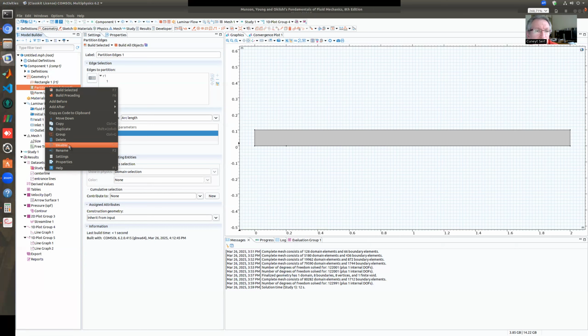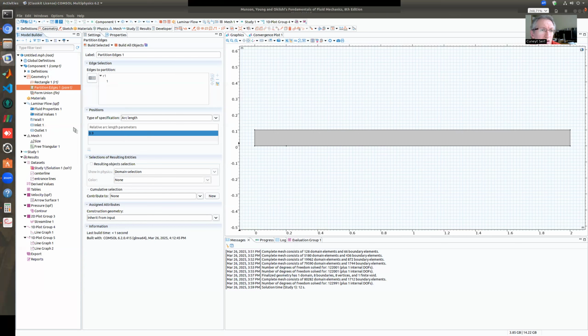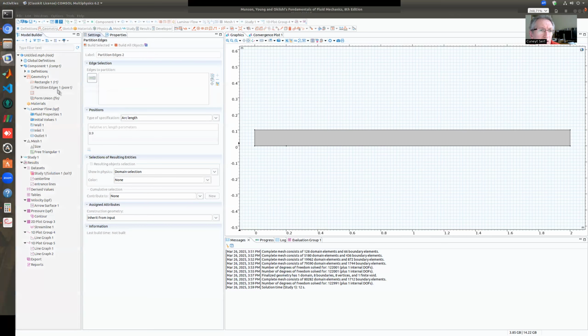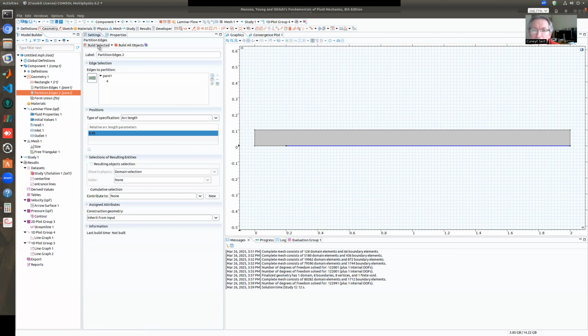I'm trying to divide it into a couple of parts. I don't know the fastest way to do that, but I will just do it like I'm doing here. I will select this one and divide it again. Maybe 9.5 and build selected. Yeah, I created a little part here which I can specify as an inlet boundary, right?